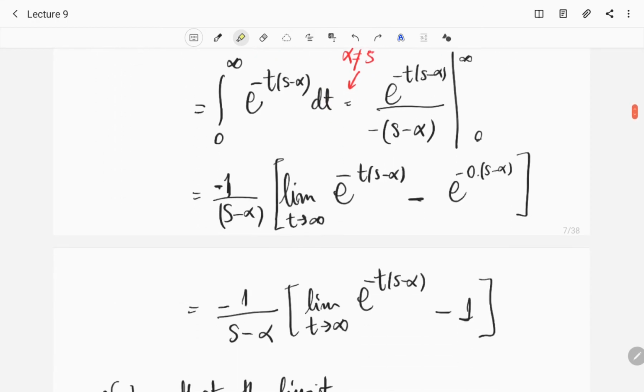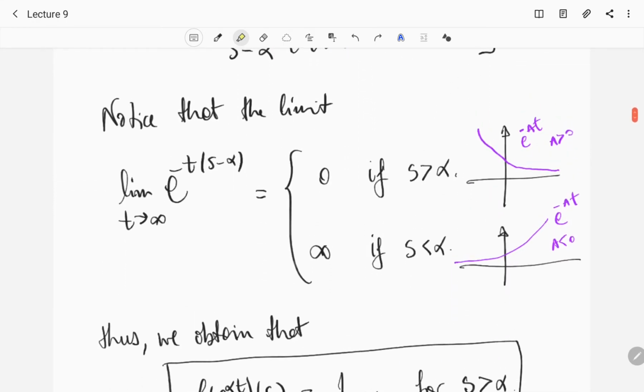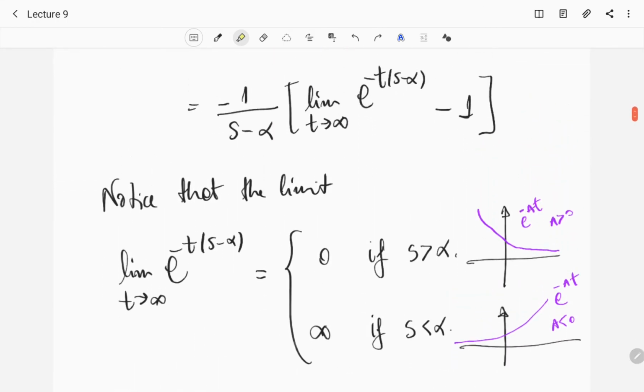Okay, so if we want this Laplace transform to exist, we are going to reduce the range of s. In principle, s was just positive, and now we say, well, we don't know this alpha, but not only should s be positive, it should also be greater than alpha. So,